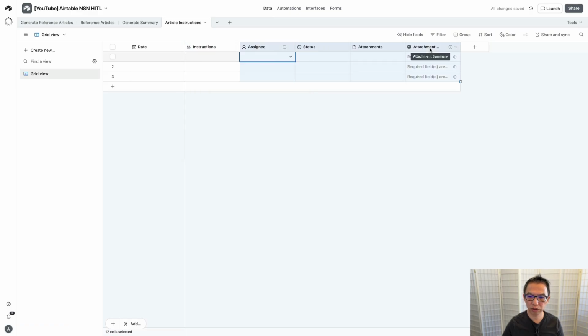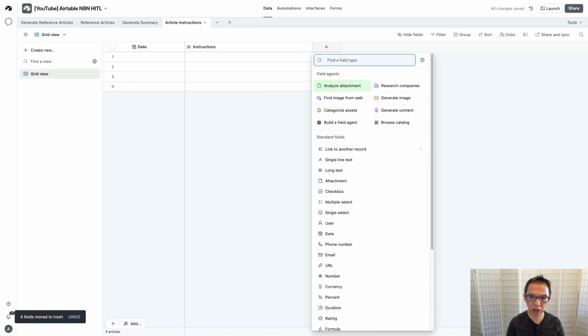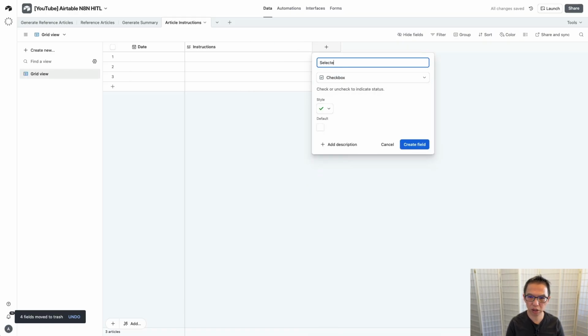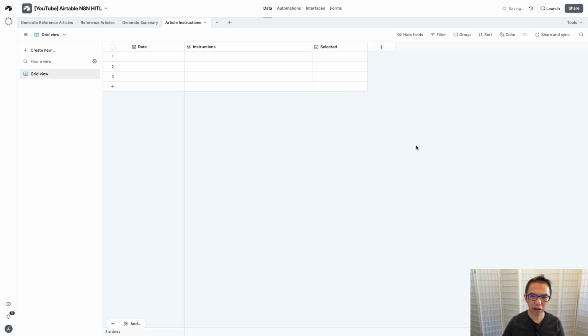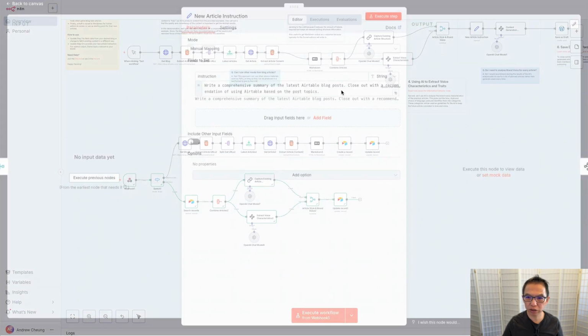Delete these. And also what I want to do is have it as selected, a checkbox. So here, if I have some article instructions, if I have multiple article instructions, I can just choose which one I want to use. So I'm just going to jump into here, pick out this article instruction here,